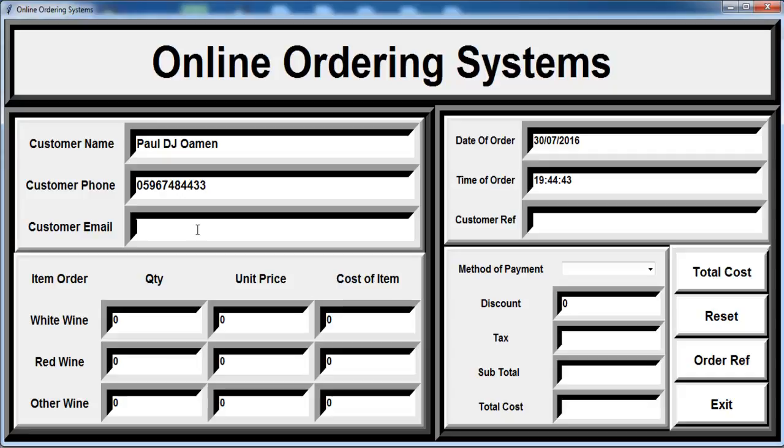The email, let's make up another email. Let's go for .com, that's my email. Okay, the number of white wine to order, number of red wine, and all the types of wine. Let's go for 19, and the price of this, let's say that's $9.99. Okay, this one is about £10 plus, and this, let's go for about £12,